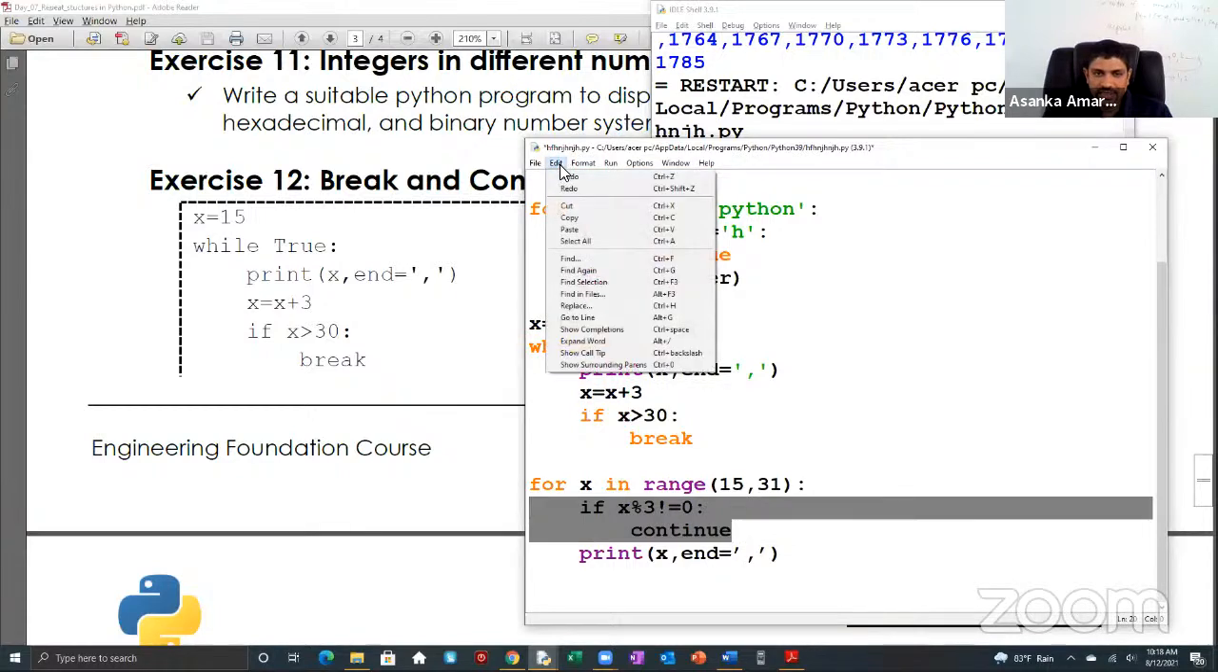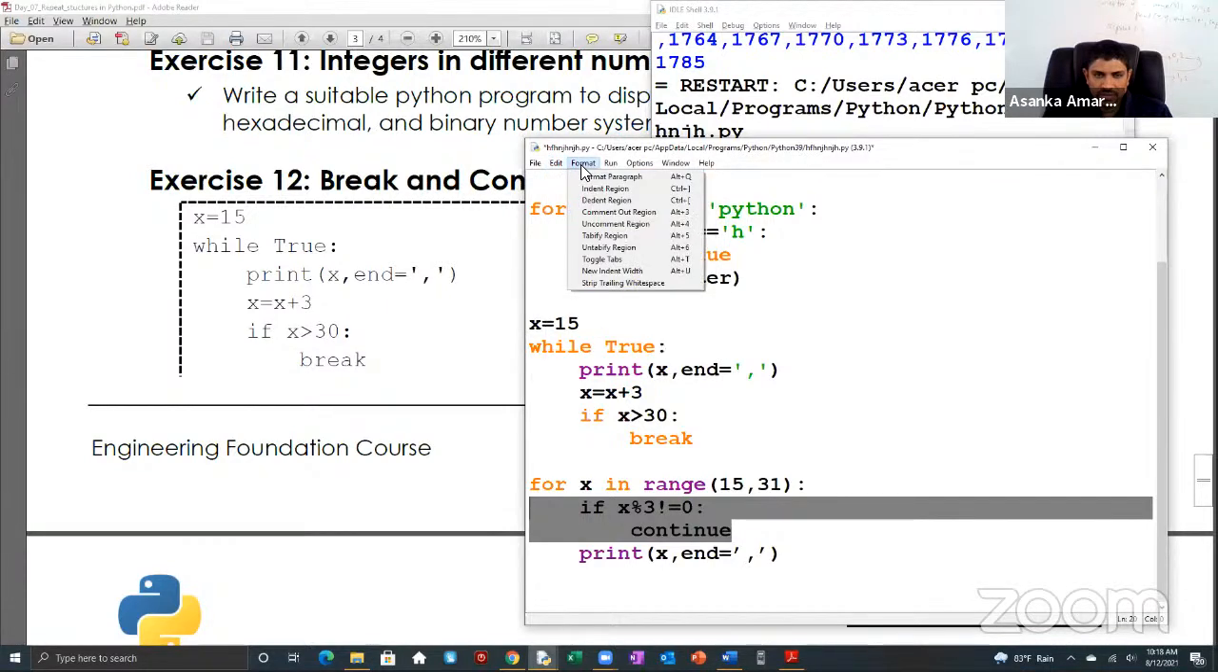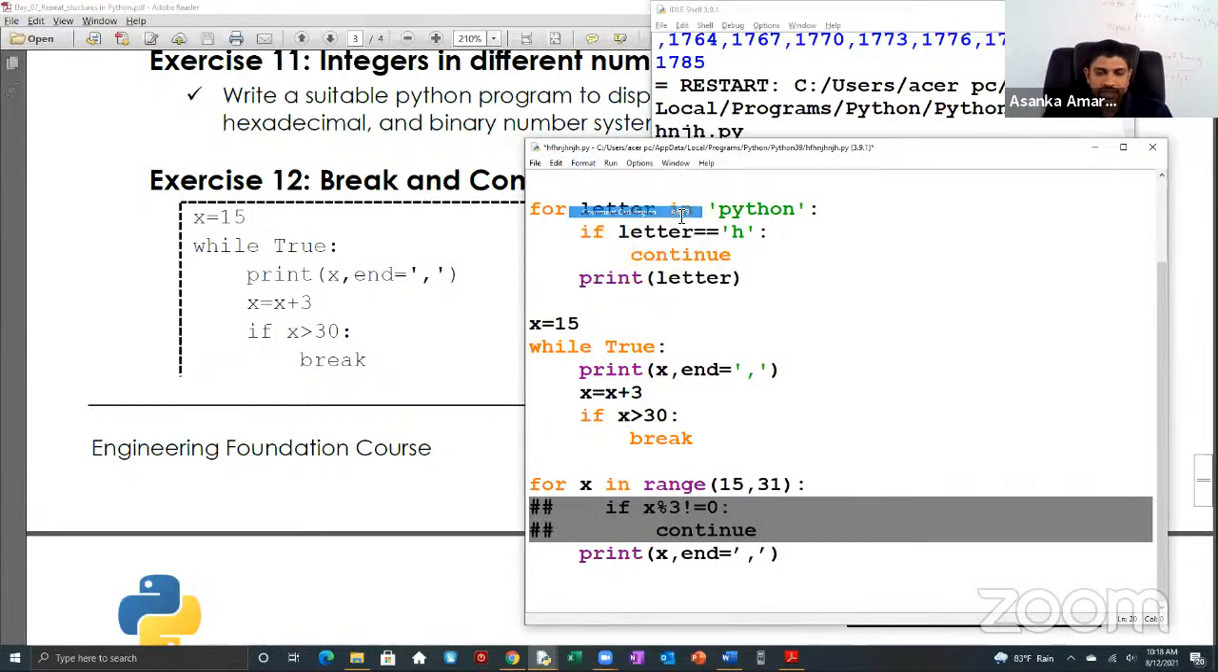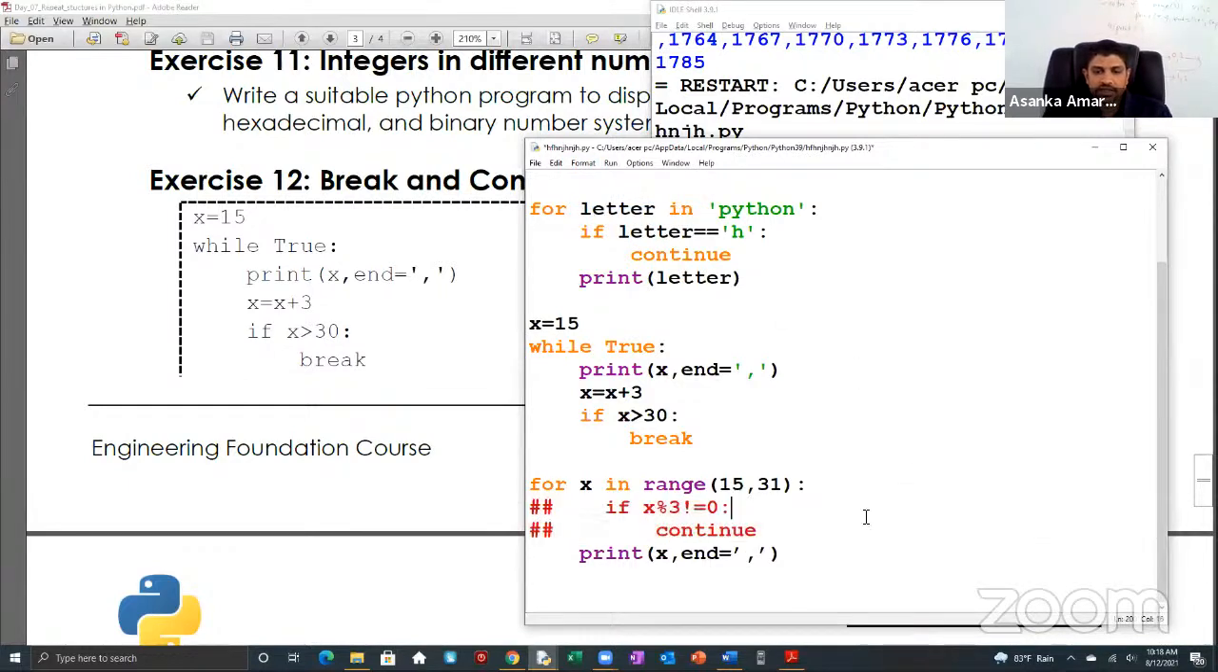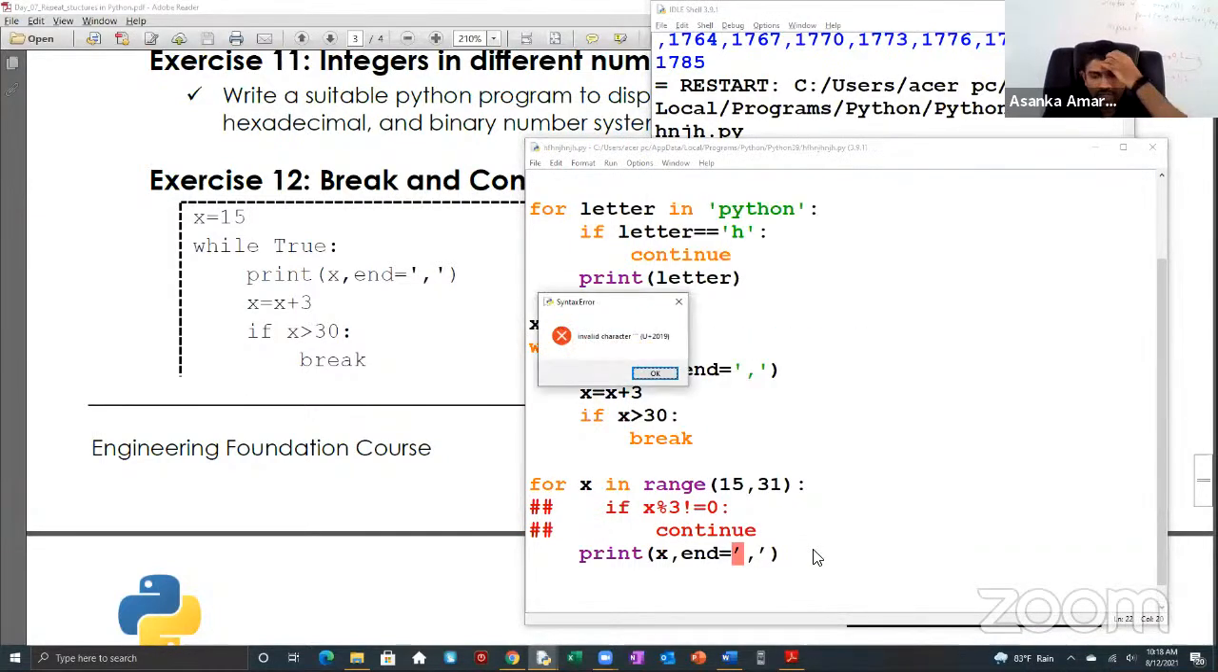In edit there is a menu item called format, and in format there's something called comment out region. The short name is alter 3, right? Then both lines are considered as comments, right? Now you can see that according to the last part of the program,